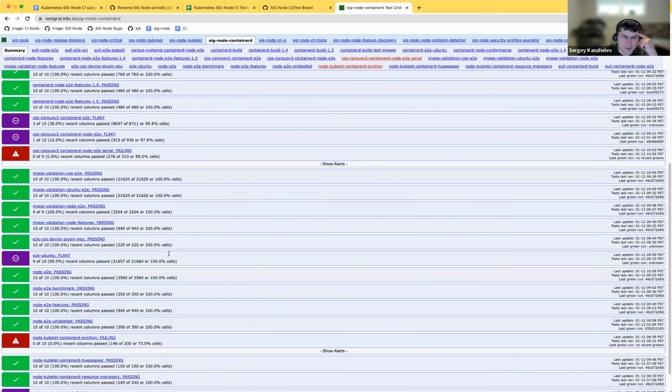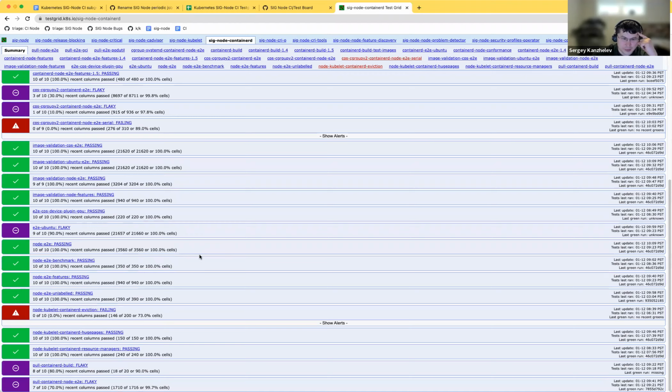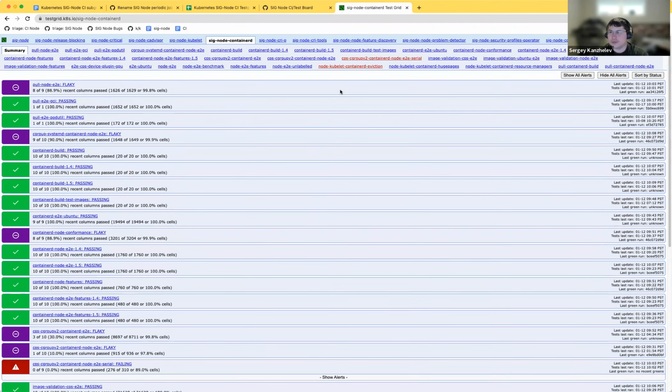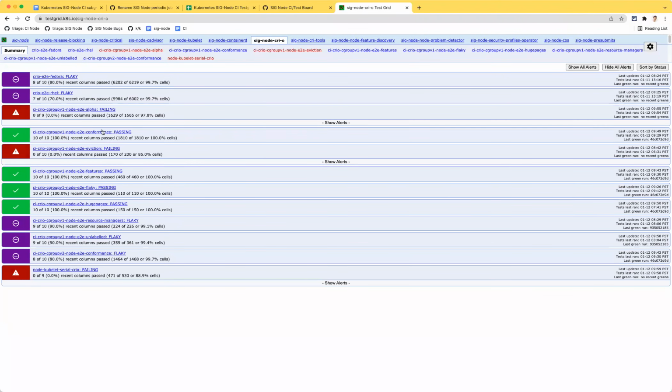I wonder whether we need to include it in the test name, so it will be easier to understand what's going on. Okay. Yeah, and honestly, the test naming in tree is very confusing as well. I would maybe recommend that we call it something like node only, given that the node E2E tests don't spin up a full cluster.